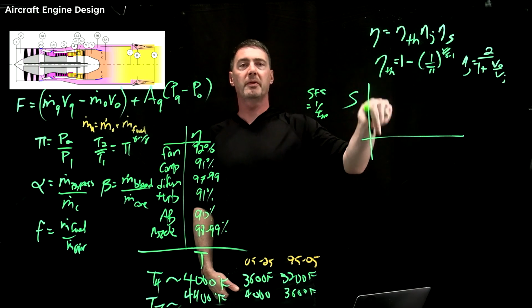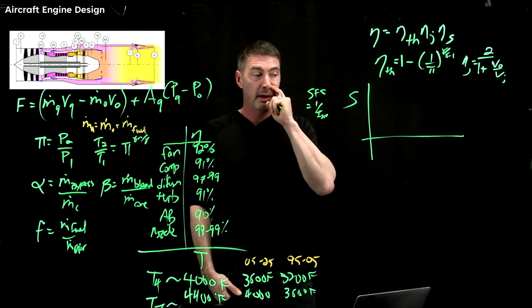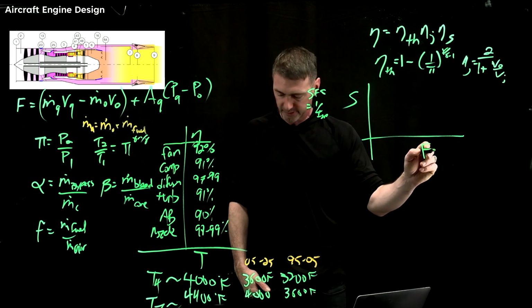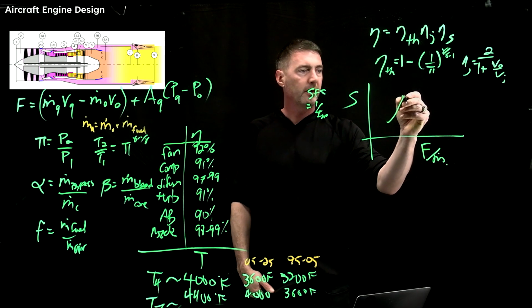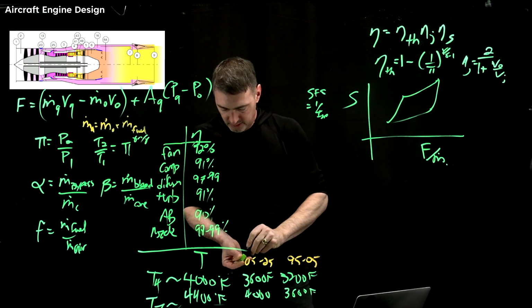So specific fuel consumption, you want to go down. Again, in the rocket world, specific impulse, you want it to go up. This versus a lot of times you'll draw this as specific thrust. Okay, the book shows some plots like this. And I'll draw here